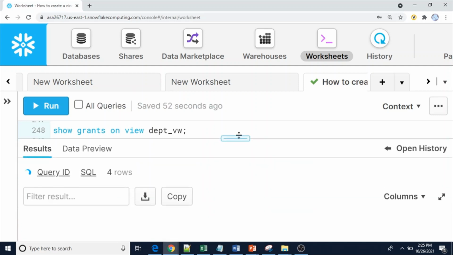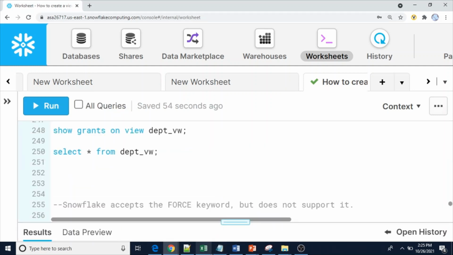Why will we use this copy grants option? For example, today you have created a view, and you promoted that view into the higher environment, and you have given the necessary grants. Tomorrow you are going to do some change, and you need to add those changes to that view. If you forget to give the grants along with that, then those who were having access earlier will not be able to access. So to avoid this, if you use copy grants, it will retain the previous privileges while recreating the view.